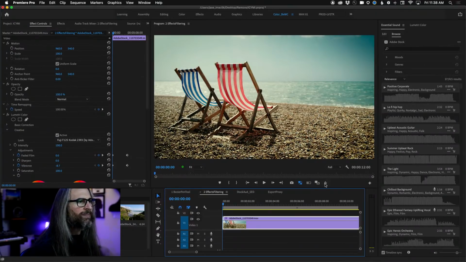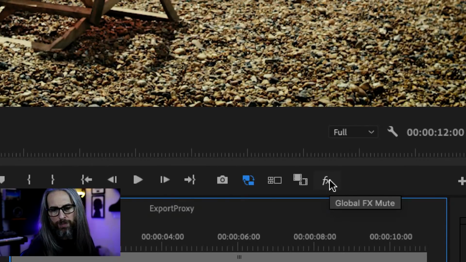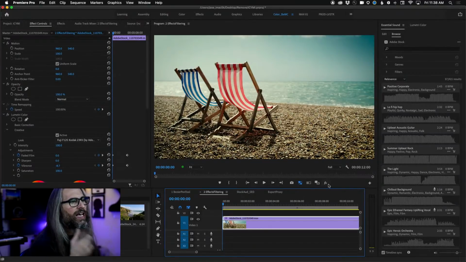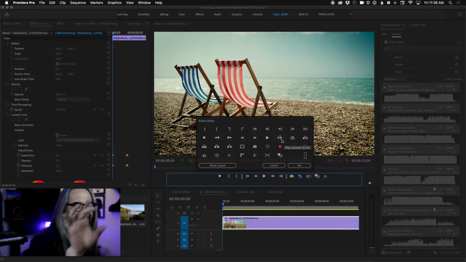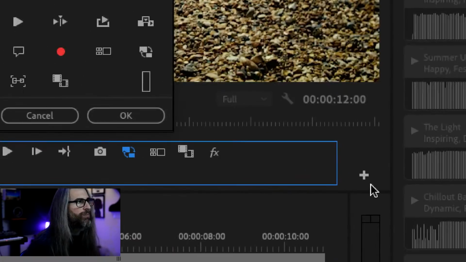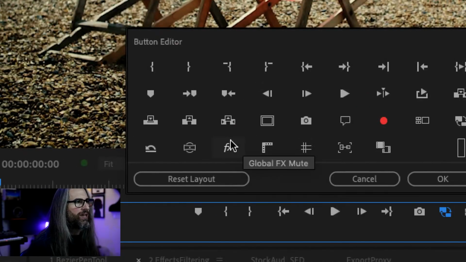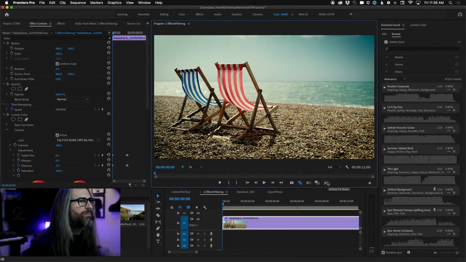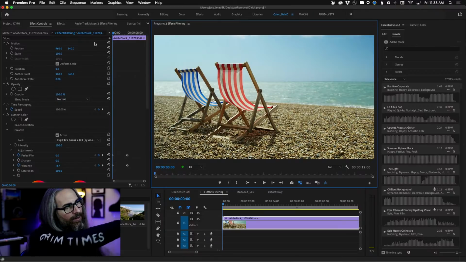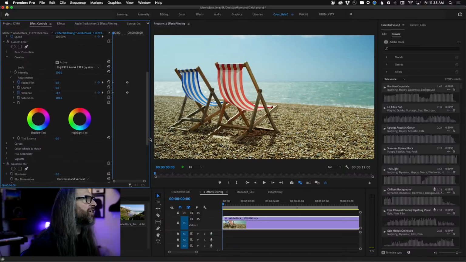And if I simply turn off all the effects for a moment here, I want to remind you that we have this global effects mute button. I don't remember when this was added. I think this was 2019, could even be 2018. If you don't have the effects button in your button editor, or rather in your panel there, click on the plus sign to go into your button editor and simply drag the effects button down into your button bar, which is what I did here. So again, this is brilliant because simply by toggling that, this is no effects at all. And if we just quickly look over here to see what I've got going on there.